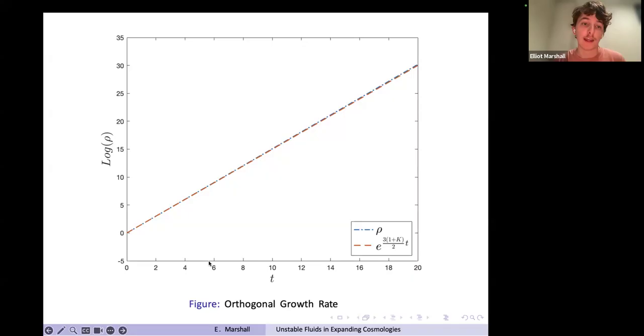And what we see at these points is that they behave very closely to the orthogonal growth rate at late times. So what this suggests is that the instability we're observing in this density gradient is really caused by the difference in behavior of two ODE solutions. So we have one point which is orthogonal and an adjacent point which is tilted, and the density at these two points is growing at two different rates, and that's responsible for these spikes in that density gradient quantity. So it's really to do with homogeneous behavior.